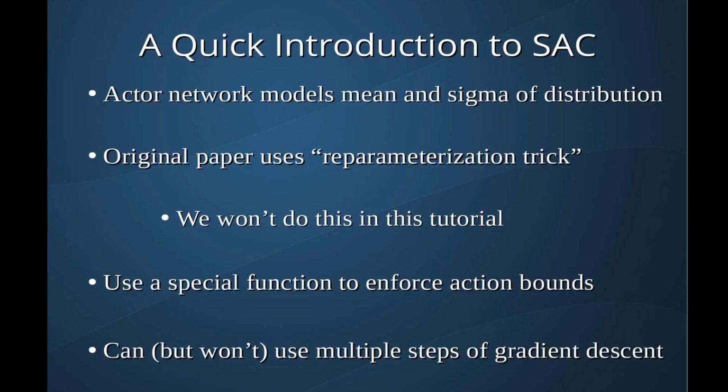Now, the original paper used what they call a reparameterization trick, and I will fully admit I'm a little fuzzy on exactly what that means. It kind of sounds like they are sampling some normal distribution and then adding on some additional noise to it. I implement this in what I believe to be a faithful implementation of this in PyTorch, but I'm not going to do it in this tutorial. I think it's a little superfluous, and I'm actually getting really good results without it,